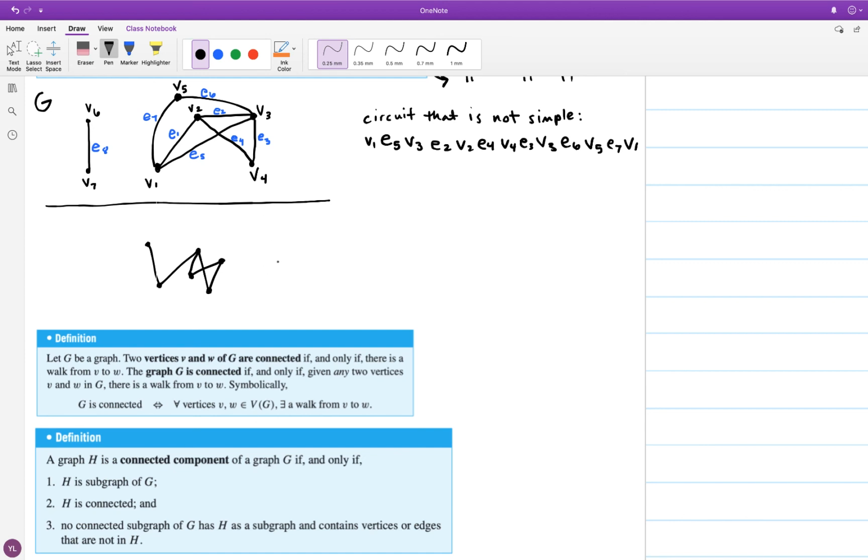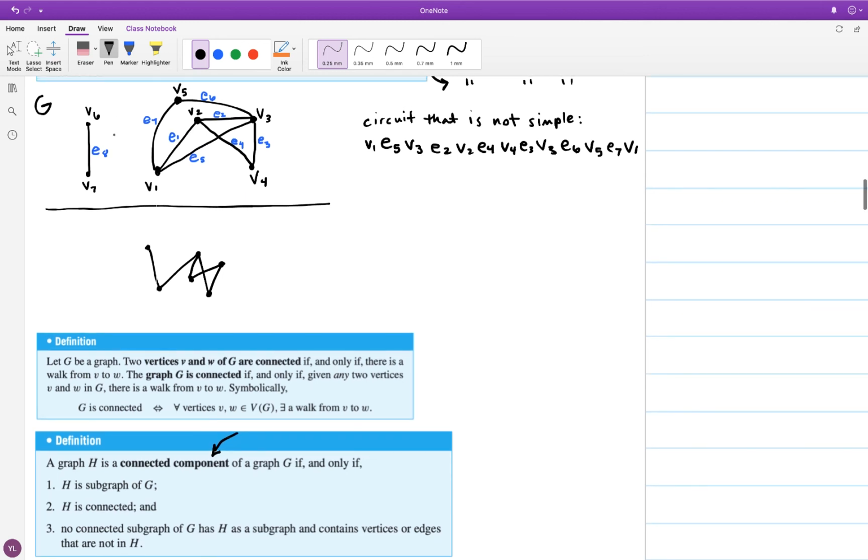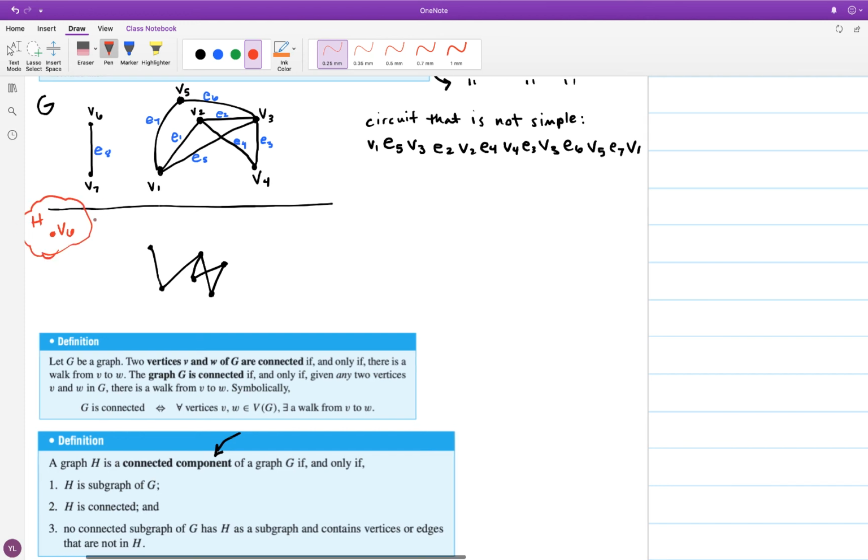Now, if you have a disconnected graph, well, even a connected graph, you may want to reference the components. So like the original graph we were looking at had two big connected chunks. So a connected component of a graph is a subgraph, actually. It's connected, and it's maximal with respect to that. So let me clarify about that. Like, I could, for example, define a subgraph of G just to consist of vertex 6, right? It's a perfectly good subgraph of G. It's a connected graph in its own right, but it's not really maximal, so I don't call it a component